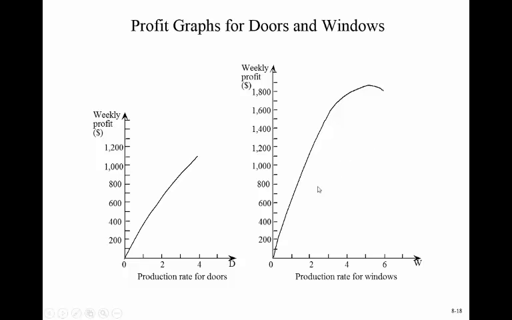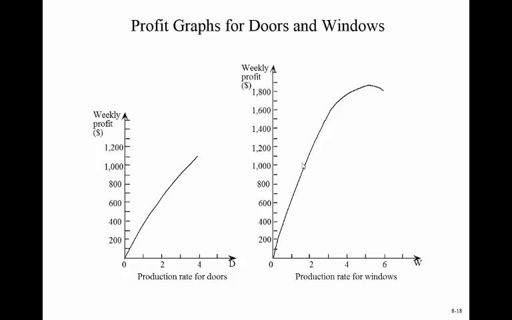Also, you've got the ability to make a lot more windows, so it's over a larger range. So this may look fairly linear also up to the point of reaching 4, but then those heavy marketing costs really start to cut into your profit, and your actual profit would then start to drop. So again, that's just in isolation each of these profit functions for doors and the profit function for windows that now take into